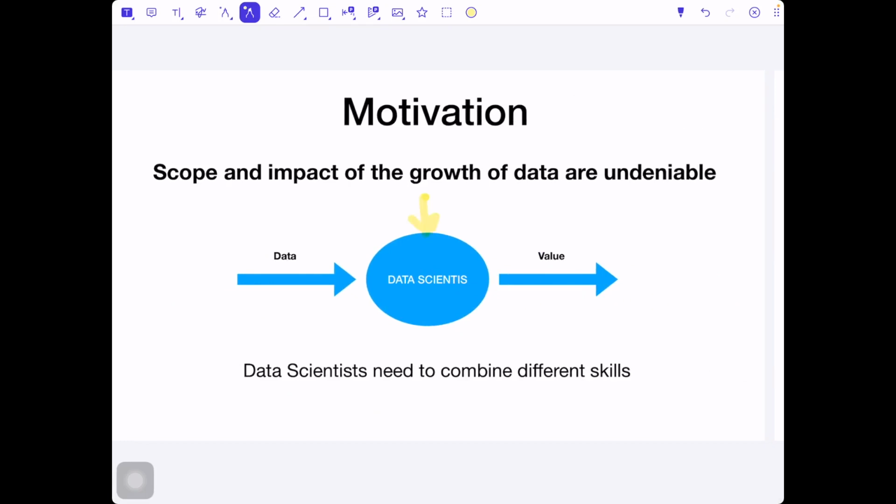The people who are working with the data, the jobs which are connected to the data, are referred to as data science. The goal of data science is to take the data in whatever form it exists and to produce some value, to extract some information, to get a better knowledge about it. Then this knowledge can be incorporated and we take appropriate actions. All these items are done by the people who call themselves data scientists.